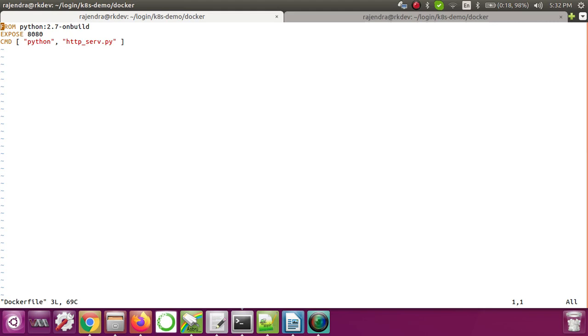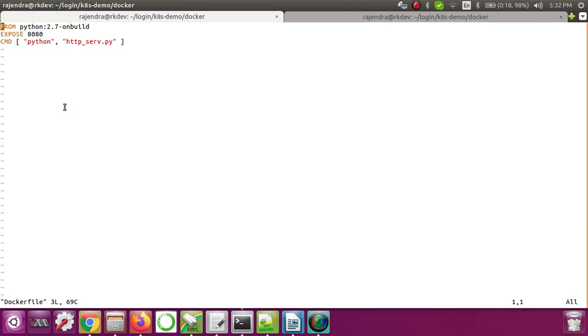The first is what instructions I require to build my image, and the next is the sequence of those instructions, because the building of your image happens on a layered basis. Layered basis means every step is nothing but one layer.